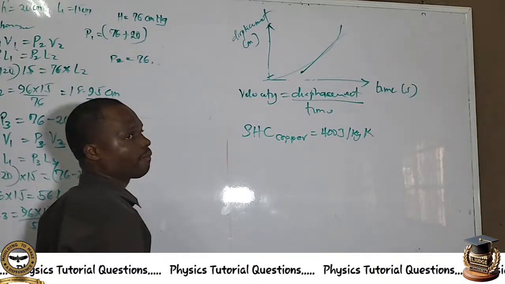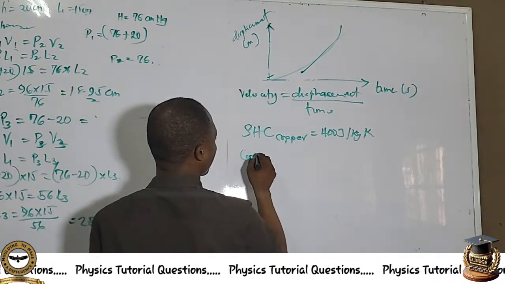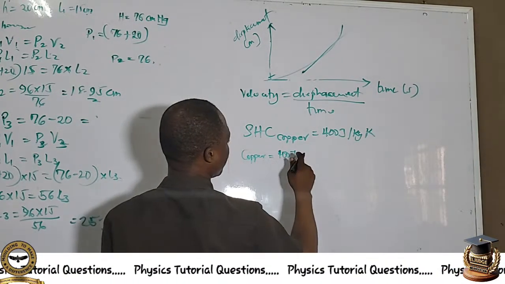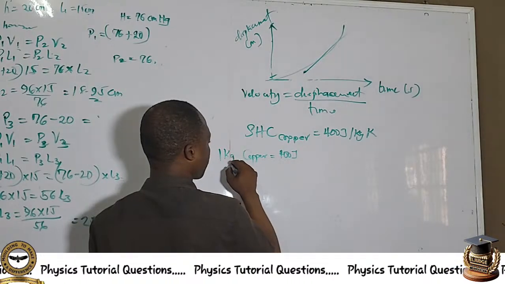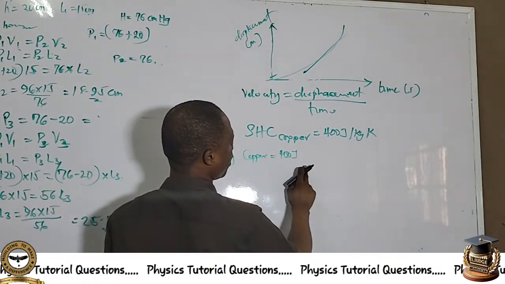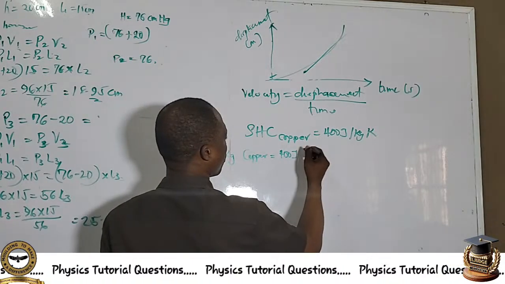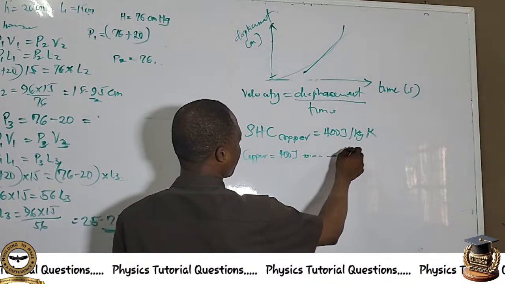This means that copper requires 400 joules of heat. Then 1 kg of copper requires 400 joules of heat at every